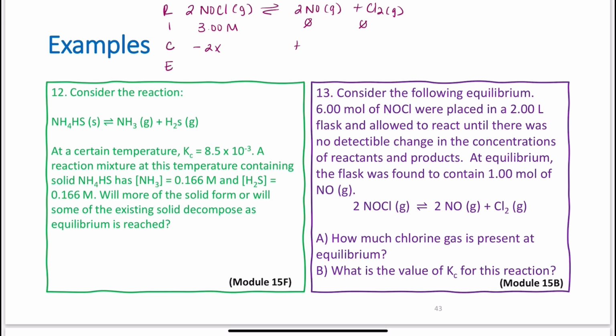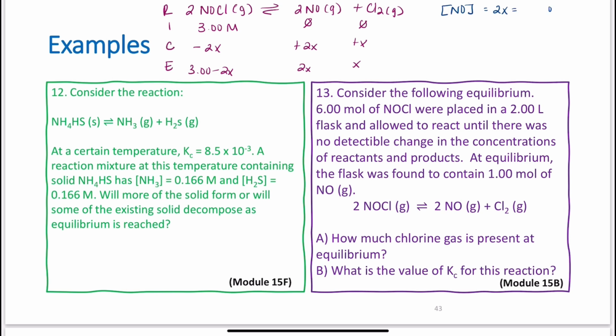Minus 2x, plus 2x, plus x. So 3.00 minus 2x, 2x, and x. Okay. At equilibrium, the flask was found to contain 1 mole of NO. Well, that's helpful. That means that the concentration of NO at equilibrium, which is equal to 2x, also equals